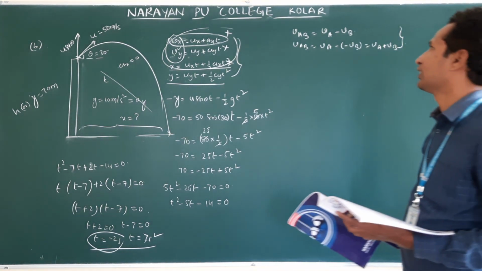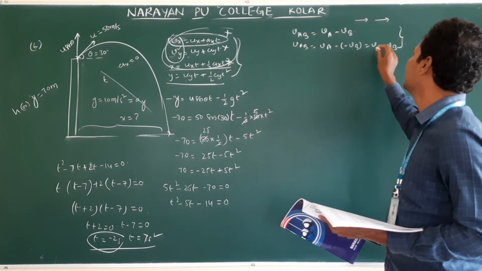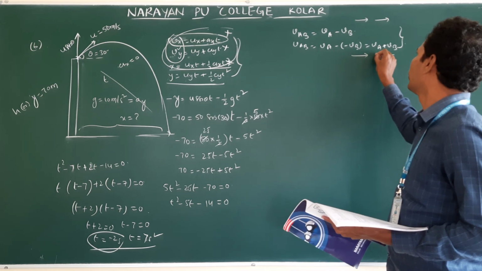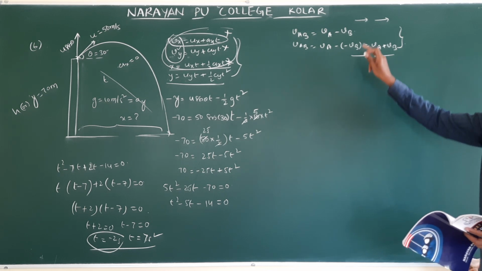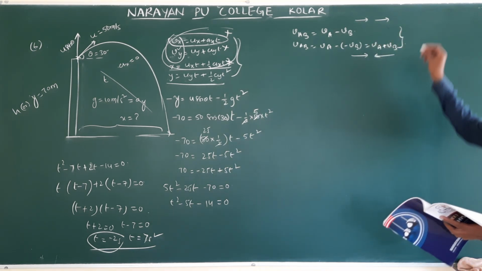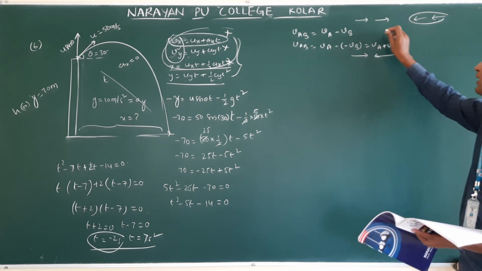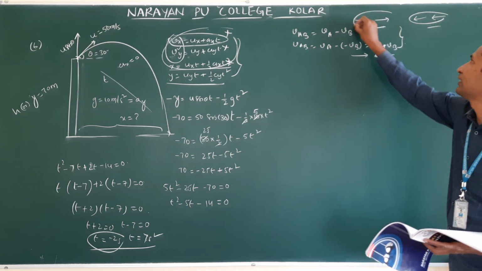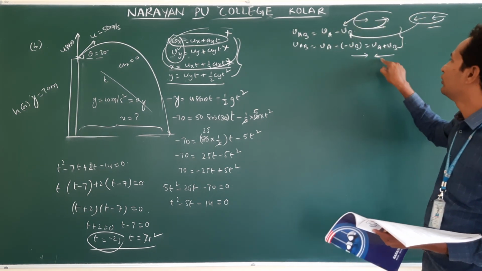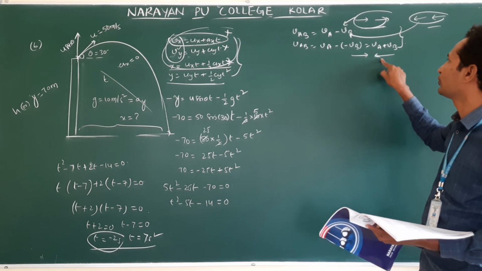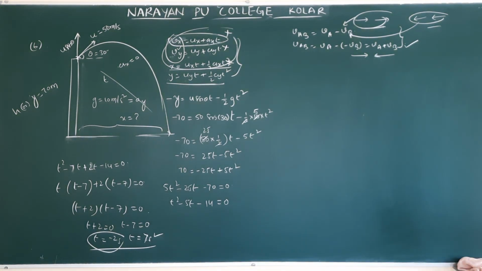In two dimensions, here both are moving in the same direction. In this case they are in a straight line but in opposite direction. Here, straight line in the same direction. Of course, if they move in the same direction like this, whether moving right or moving left, this is valid. This case also, this is valid. When two vehicles are moving in opposite direction on a straight line, then we follow this formula. But the third case is different.